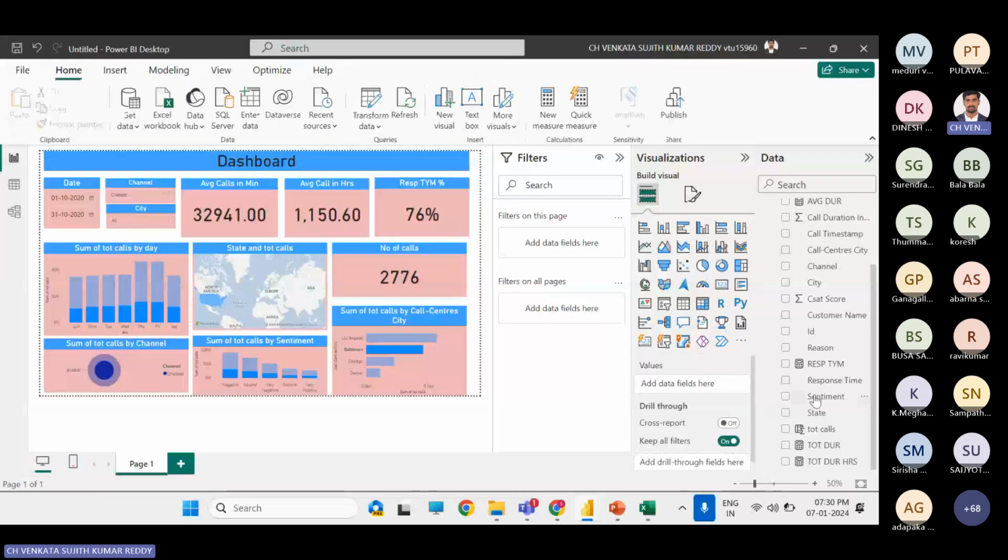So if you go for the measure tools here, it will create some, what to say, not a physical memory, some dummy memory in the Power BI servers, and it will run when you call. Until then, it won't respond. Only when you call, then it will respond, so that we can save the memory and also save the time and create less burden for the Power BI servers. Servers in the sense for our dashboard.